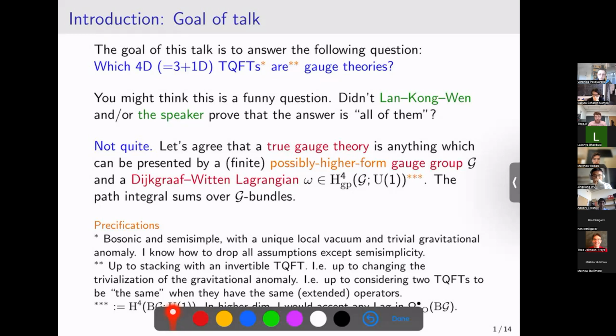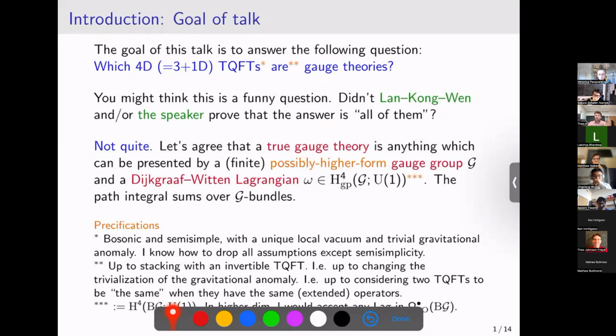The issue that I'm going to try to emphasize is exactly what we mean when we talk about gauge theories in 4D TQFTs. And I'd like to flag a reasonable but wrong statement. It's a statement that has been made in the literature, so that's why I think it's worth flagging. Some people will consider the theory I'm going to present to be a gauge theory, but it's not what I'm going to call one. I want to be more precise and say, let's agree that a true gauge theory is something,